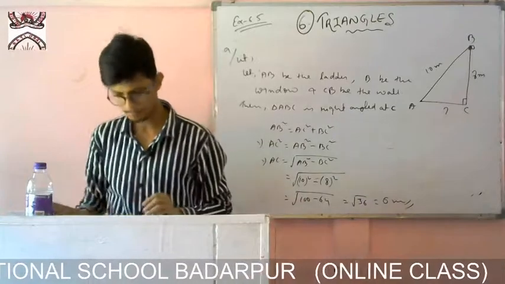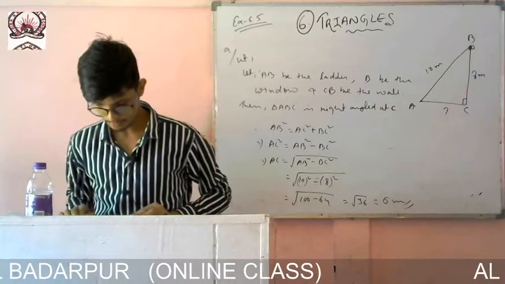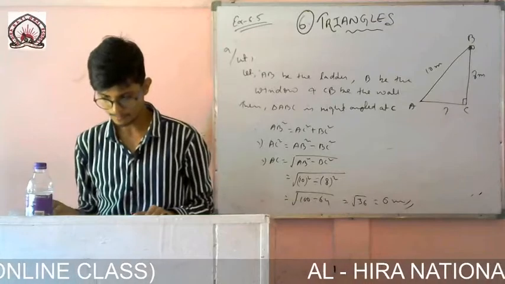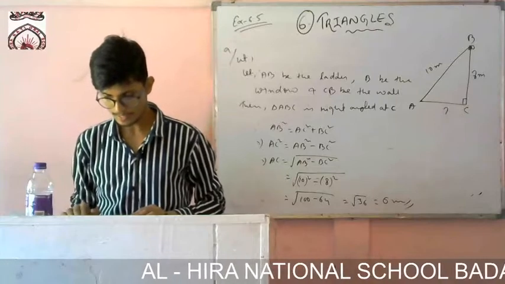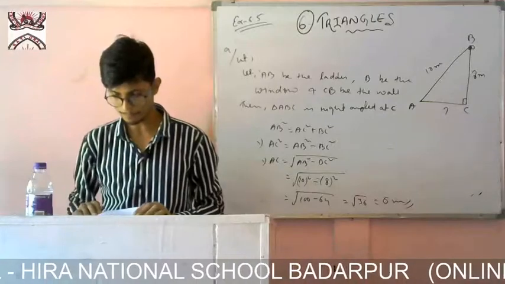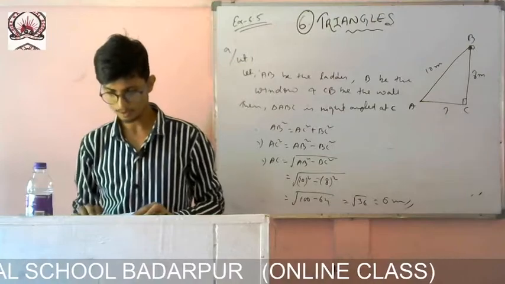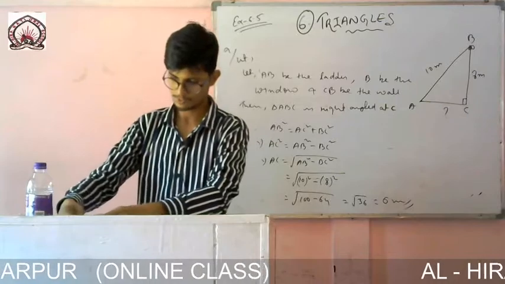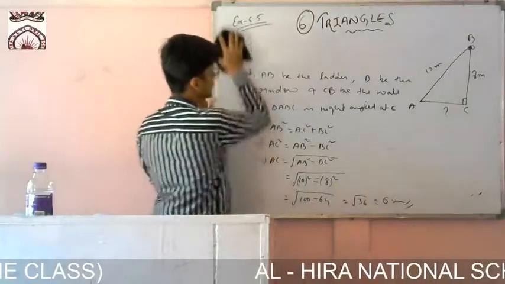Now let us move to question number 10. A guy wire attached to a vertical pole of height 18 meter is 20 meter long and has a stake attached to the other end. How far from the base of the pole should the stake be driven so that the wire will be taut, that means tight? To make the wire tight, how much do I have to stretch it, and what will be the base? So it is also the same as this one.